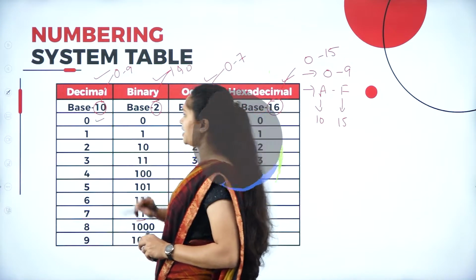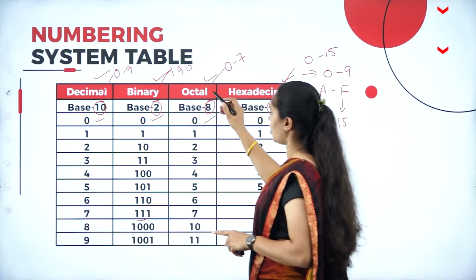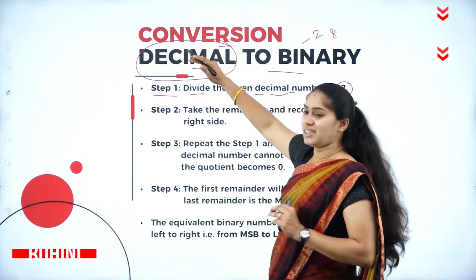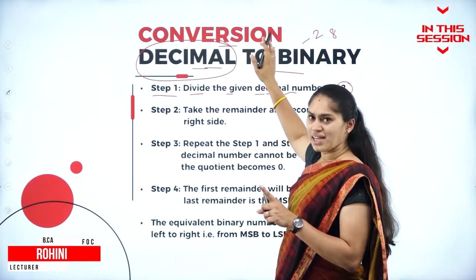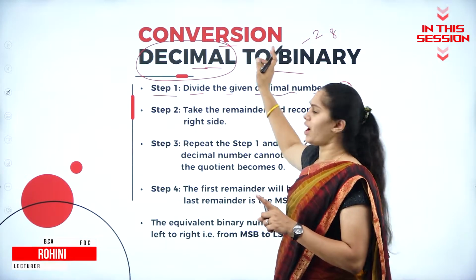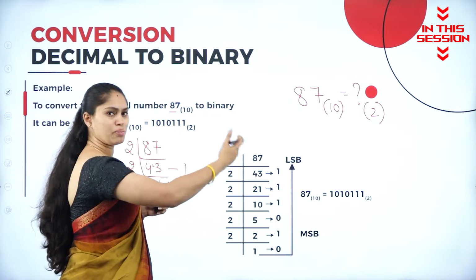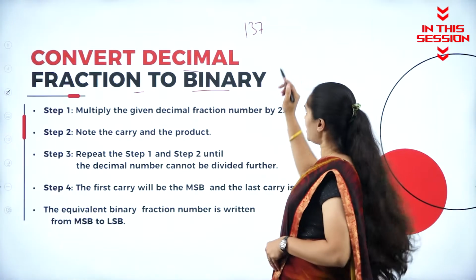If I am writing 0 in the decimal, in the binary it is equal to 0, even in the octal it is 0, in the hexadecimal it is 0. If you are converting a decimal number to any other number system, by that number system's base you have to divide the decimal number. When we are converting from decimal to binary, the remainder will only deal with zeros and ones. If it is containing